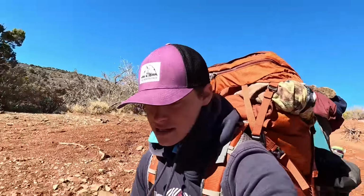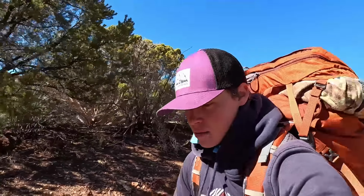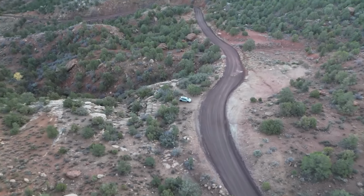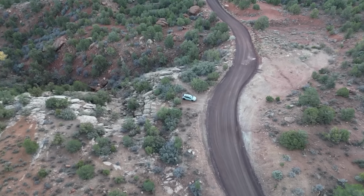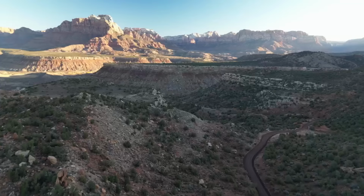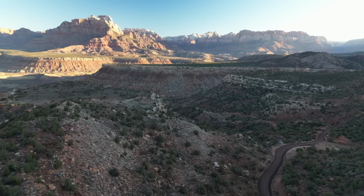It was pretty fun. Last night, Martha and I got here pretty late after dark, so we weren't able to see any of the park last night. But we went and camped out on some BLM land just off the side of the road. And when we woke up this morning, I realized I had parked in a pretty good spot. We had a great view of the sunrise